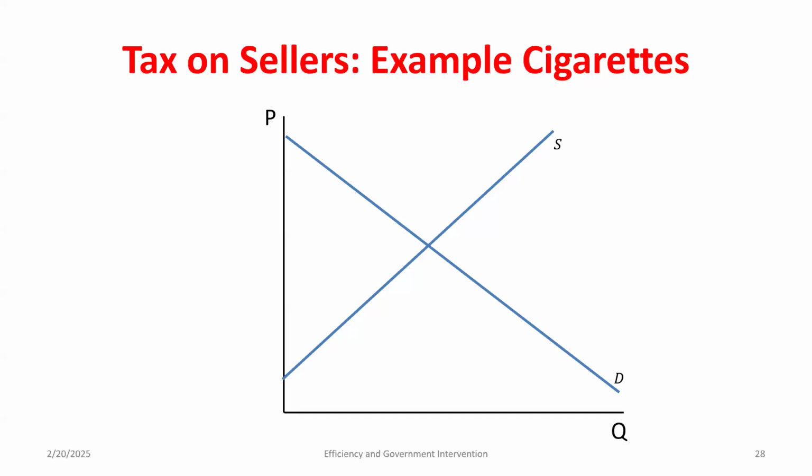So let's think about what producer and consumer surplus are. Consumer surplus is marginal benefits minus the marginal cost to consumers. What's their marginal benefit? The demand curve. What's their marginal cost? It's the price they pay. So the price that the consumer pays is now up here. So where is consumer surplus? Well, it used to be this entire triangle, right? So it went down by quite a bit, right? Consumers lost out on all of this surplus after the tax.